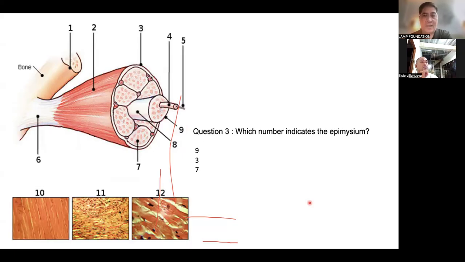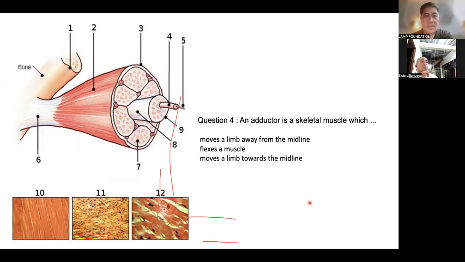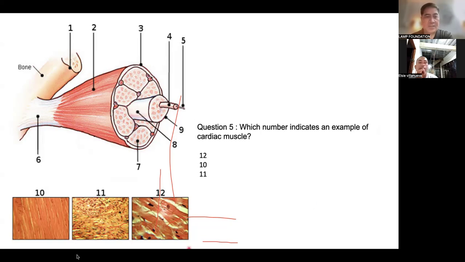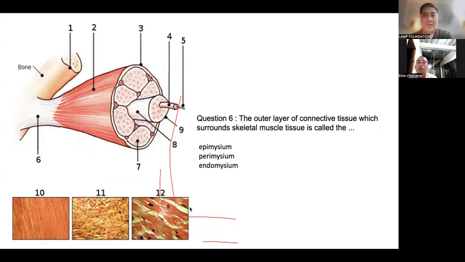Which number indicates the epimysium? Number 3. An adductor is a skeletal muscle which moves only a limb towards the midline. Which number indicates an example of cardiac muscle? Number 12. The outer layer of connective tissue which surrounds skeletal muscle tissue is called